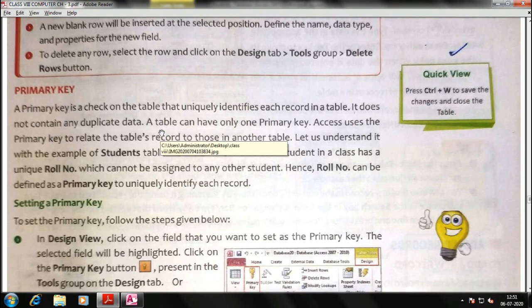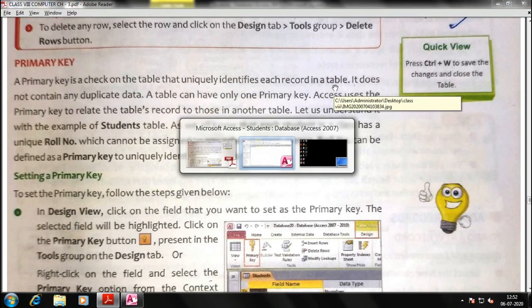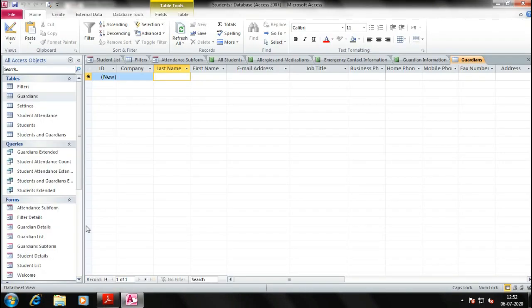Next is primary key. A primary key uniquely identifies each record in a table. So now you tell what the primary key is in this table. A primary key helps you find a unique entry. Company name can be same, first name, last name can be same, email address can be same to some extent, but not the domain name.